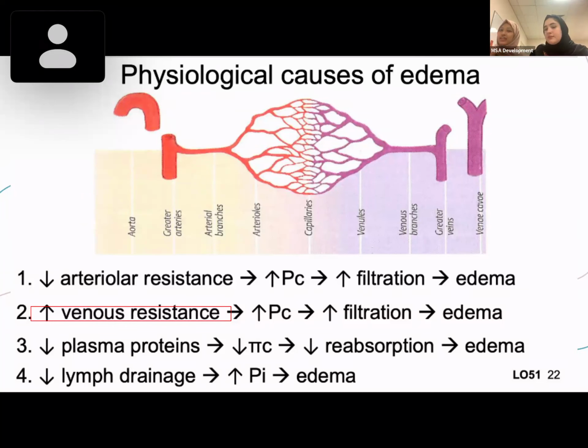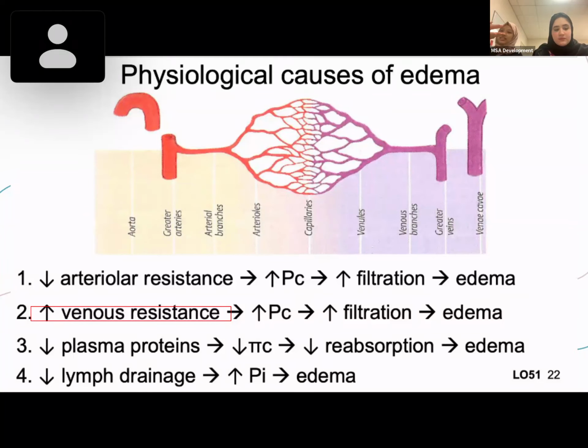By the veins being high in pressure or high in resistance. Could you try to explain it again, please? Okay, sure. You have arteries, capillaries, and veins, right? Capillaries are where every exchange takes place, and you want the maximum amount of exchange to take place. Imagine in veins, if the pressure is high or resistance is high, like it says here,